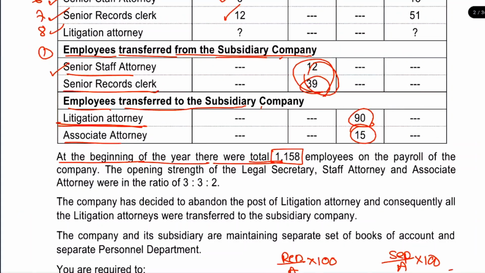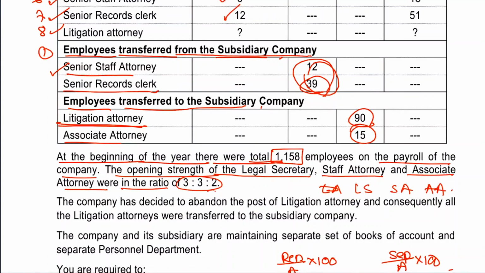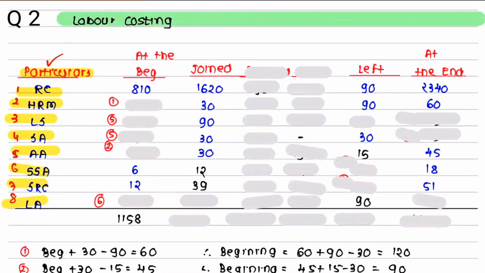Okay, चलो then on the payroll of the company, now the opening strength of the legal secretary, staff attorney and associate were in the ratio of this. एक सेकेंड, कौन कौन है? LS, SA and AA. इनका मेरे को क्या दिया गया? Some strength is given, some ratio is given. So if I find out at least one of them का आंसर, I can easily get others का आंसर. क्लियर है ये चीज? अच्छा सुनो आगे,